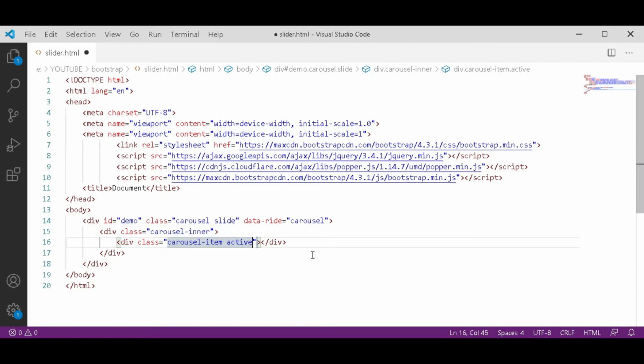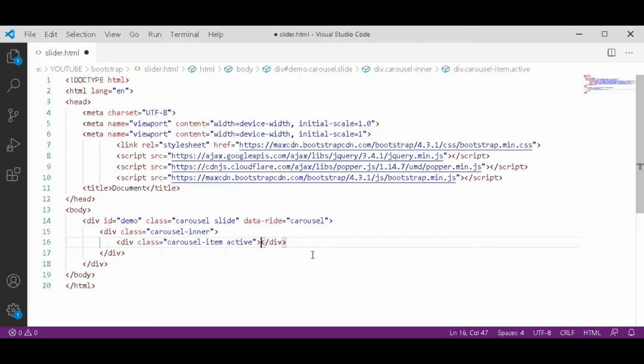Active is used to tell that the data of this div shows first and then all divs one by one. In this div, add an image. Hope you remember how to add an image. I already covered this topic. If you didn't watch that, I will link it at the end of this video.